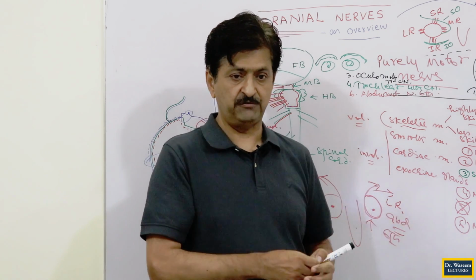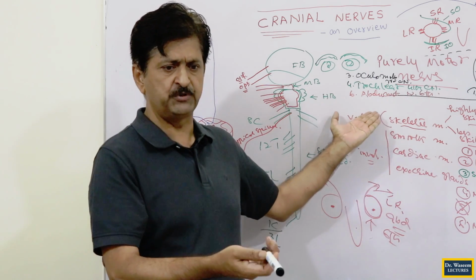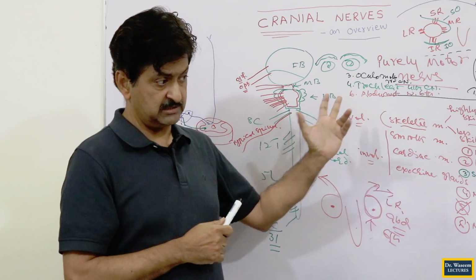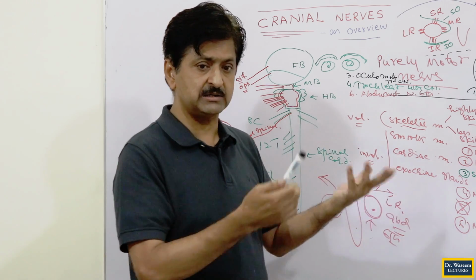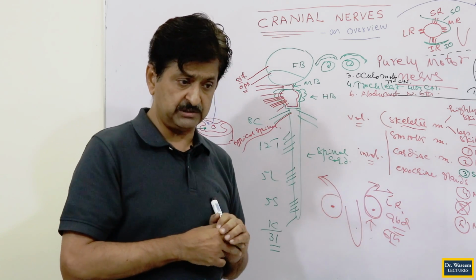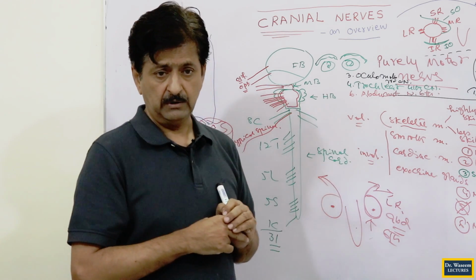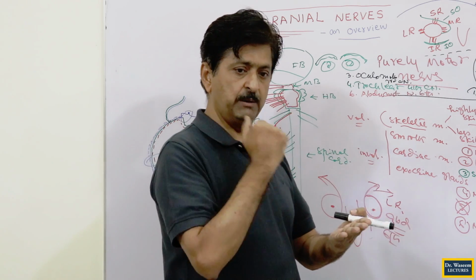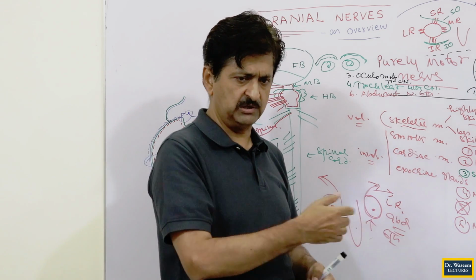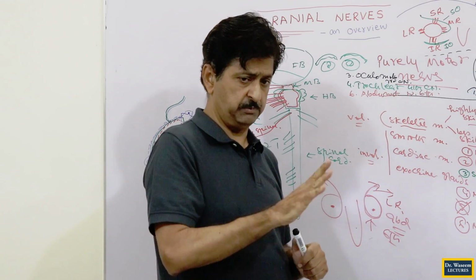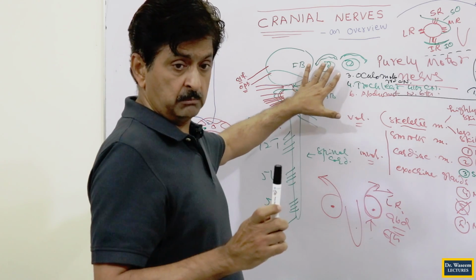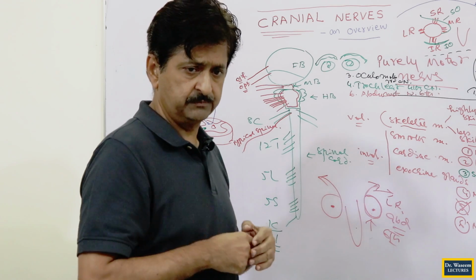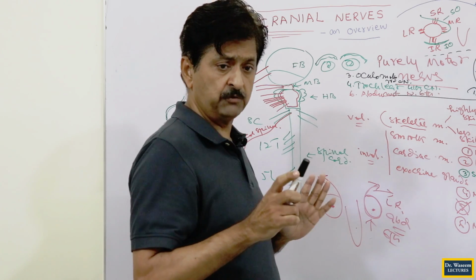No other nerve has this, even the purely motor nerves. We don't call the abducent nerve "abducent motor", because there is no confusion. Here there is a confusion, because people call it a mixed nerve. To rectify that, we say, okay, it is oculomotor. At least when the label is motor, nobody should call it a mixed nerve, but still people do. Not the anatomy people; usually the clinicians say it, and even in physiology it is written that it is a mixed nerve. But from the anatomy point of view, it is purely motor.